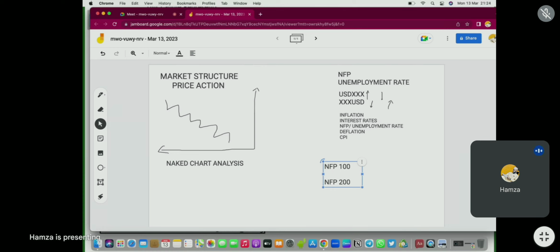200. I want to cite an example. Unemployment rate, 500. Now, let's say